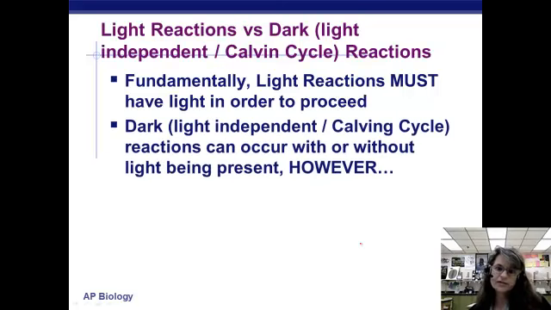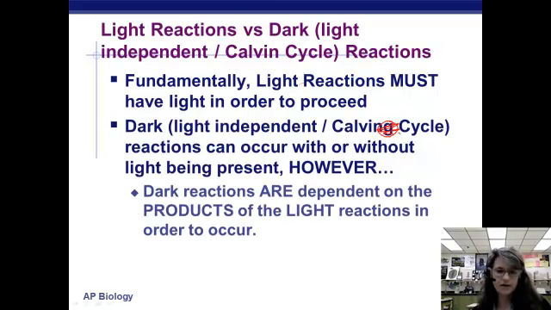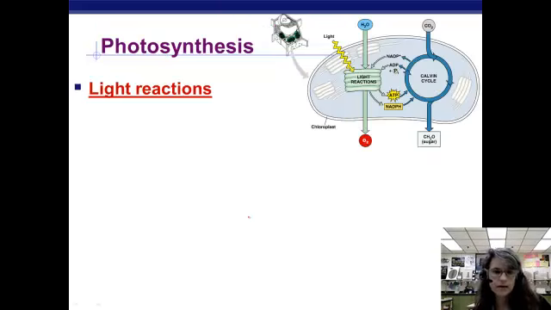Fundamentally, the light reactions must have light in order to proceed. The Calvin cycle can occur without light. We've already talked about that. Okay? But the Calvin cycle cannot happen if the light reactions have not happened. Basically, the Calvin cycle still is dependent on light in some form or another. All right, so